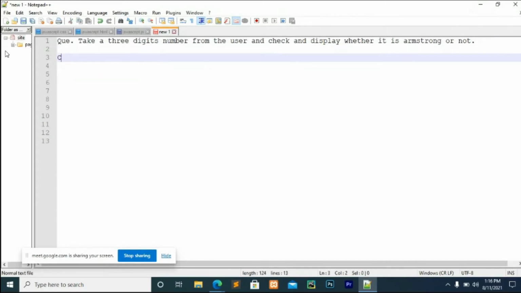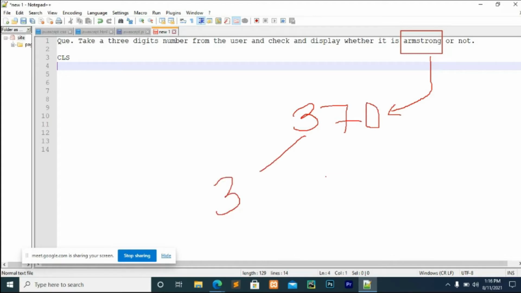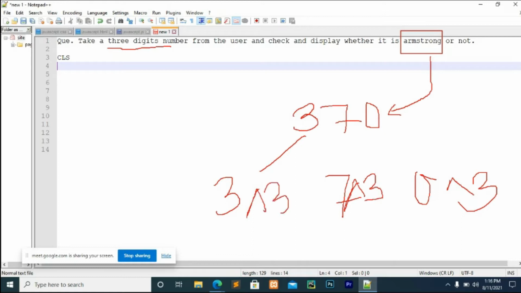So if I have to do this program, CLS. First, let me tell what is Armstrong number. Armstrong numbers are those numbers where, after separating each digit, we have to do the cube of each digit. Right now it is a 3-digit number. If there are 3 digits in a number, we have to do cube. Remember that. If there is a 4-digit number, we have to do to the power 4. If there is a 5-digit number, then we have to do